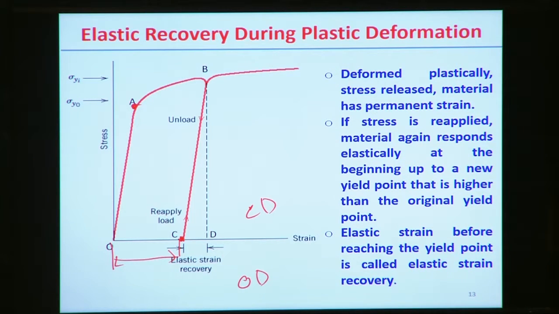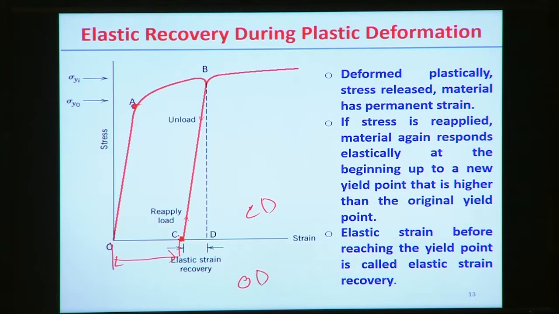This kind of behavior is observed when a material follows mechanical deformation in nature, like glass to plastic deformation. So that CD, we can easily calculate the amount of the elastic recovery zone if we know the yield point values, and we know the Young's modulus also, because Young's modulus OA represents the slope, and this path BC is parallel to this slope.